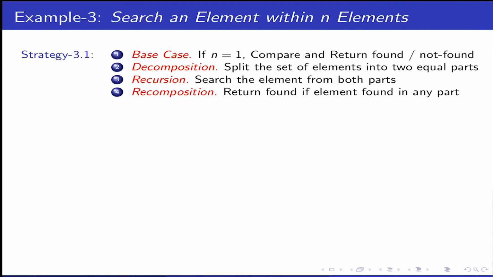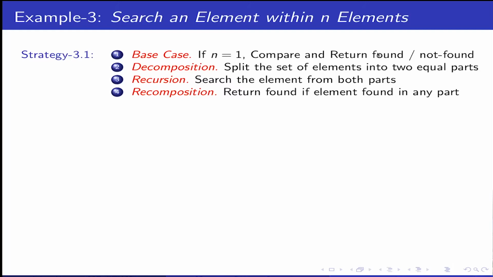We will see more. Let us try to search an element. Unordered set of elements are there, n elements. I want to search an element. You have obviously heard about this problem in a naive way that you go by one. So at least, n comparisons you definitely need if they are unordered. But let us try to have a recursive solution strategy. How do we do that? Let's split in the half.